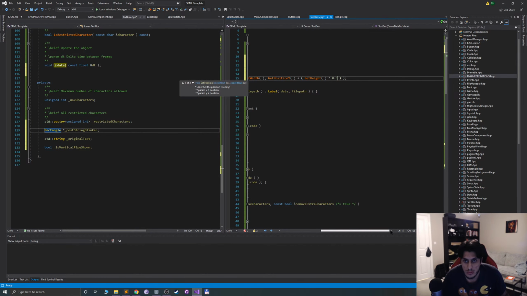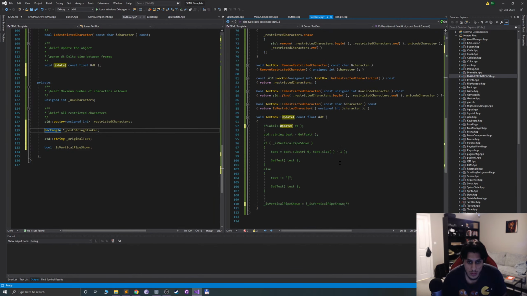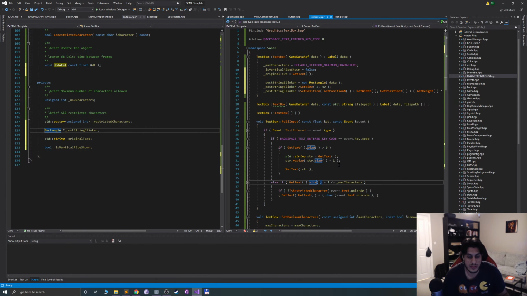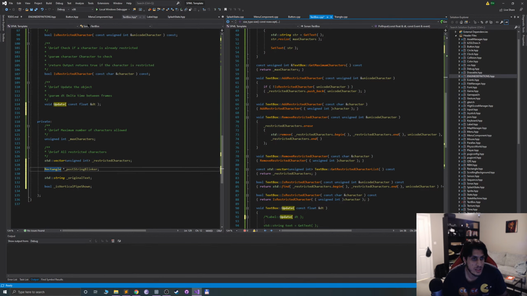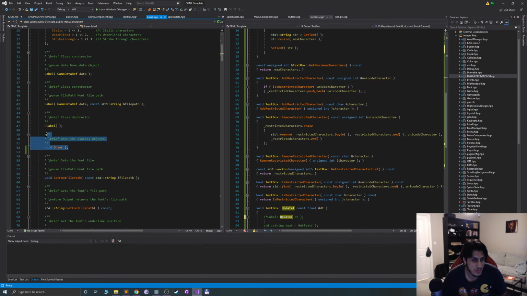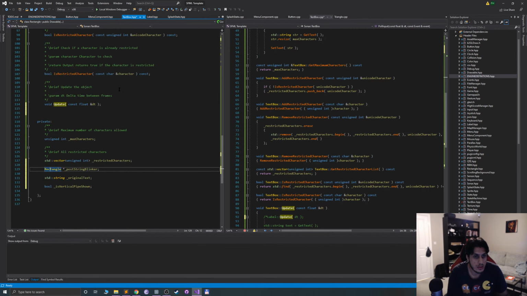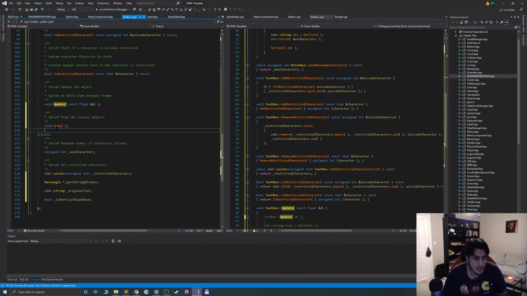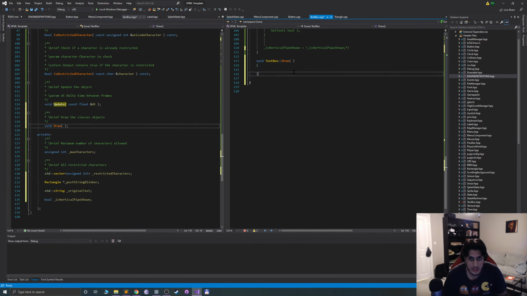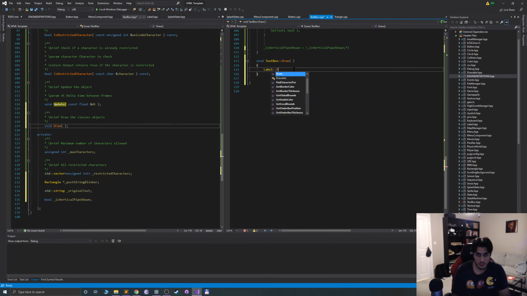Okay, so first of all, let's just see if this works. And it won't, because I need a draw method. I'll grab it from here. I'll grab the draw method and I'll put it down here. I will create implementation. I will literally just say label draw, and I'm also going to say